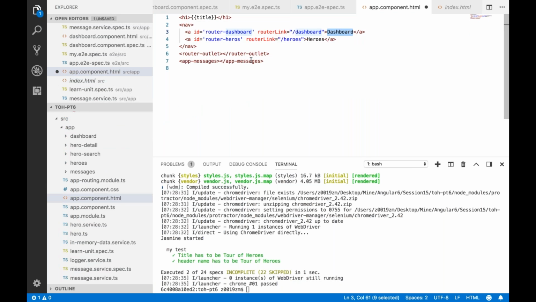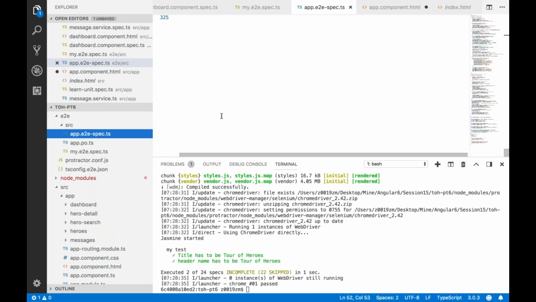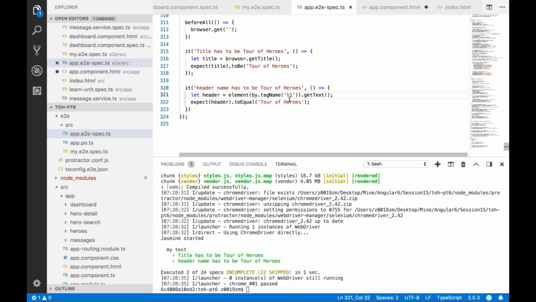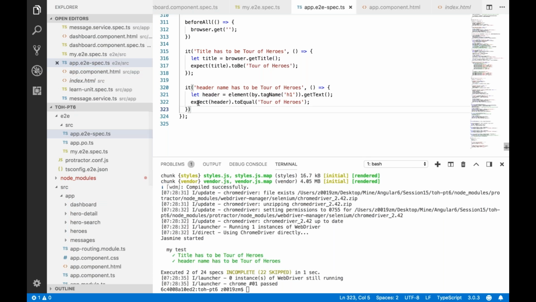Or if you can provide an ID, you can simply say element by ID and you get hold of that instance, like how we have done, right? Element by tag name and we got it, or you can do it the other way also to get hold of that. So if you don't have an ID, let's say we didn't have an ID right before. ID is easier to find, but if you don't have an ID or if you don't have the luxury to change the code, then we can say,